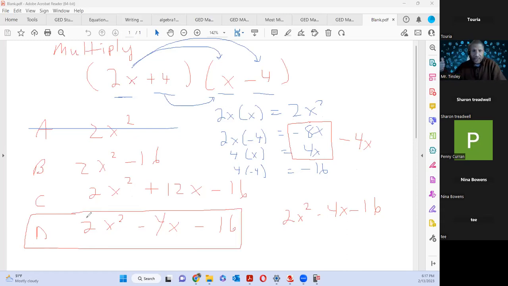Again, this is another guaranteed problem. You have to multiply binomials. But if you notice, what is the answer? 2x squared. I didn't know, this was a 4. It looked like a Y. Yes, I see it's a Y, and that's why I chose C. Sorry about that. Remember, multiplying binomials, if you look at all the answers, you get a